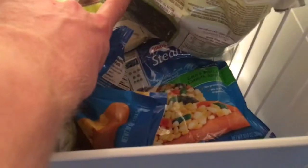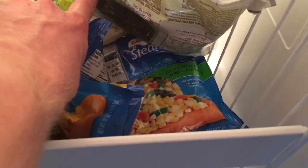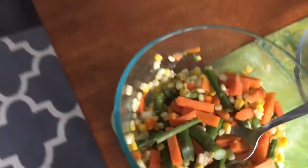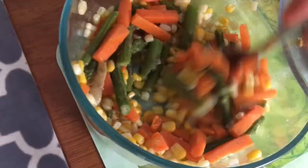And today we are going to be reviewing Steamfresh golden white corn, carrots, and asparagus. Yes, we already cooked it, but here's what the bag looks like right at the bottom right here. Anyways, here's what it looked like once we microwaved this bad boy. Let's not forget that it was very convenient to cook this. You just throw it in the microwave for 4.5 minutes, and yes, we added some salt, pepper, and